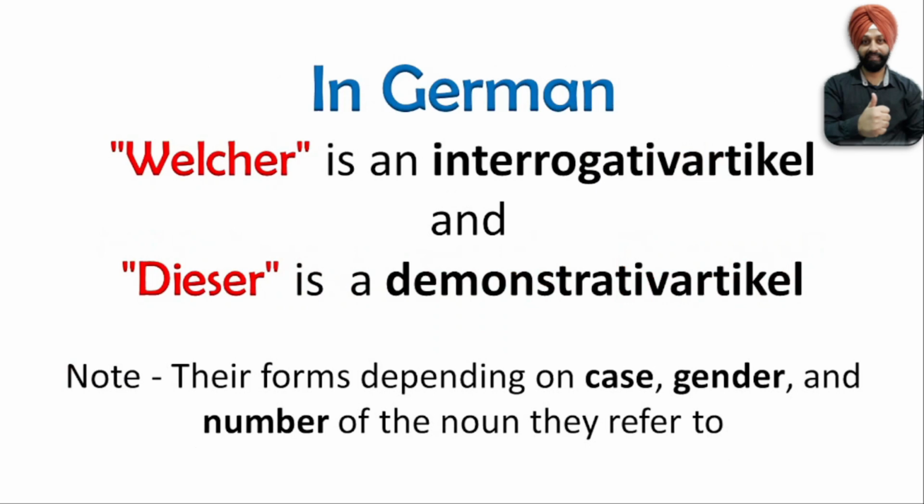In German, Welcher is an interrogative article and dieser is a demonstrative article. What is this? I will explain in the coming slides. And there is a note for you: their forms depend on the case, gender and number of the noun they refer to. What are these things? In the coming slides I will explain in detail, so watch the video till the end